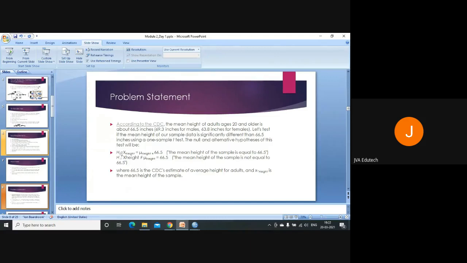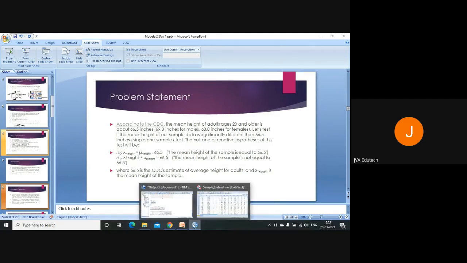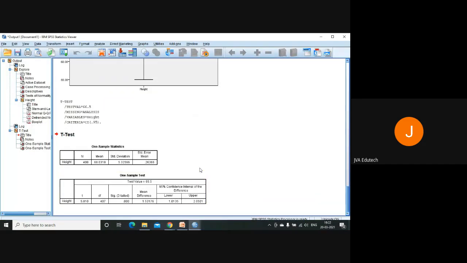If the null hypothesis is rejected, this means the alternative is accepted. And that means the mean height from the sample is not equal to the mean height from the population, which means there exists a significant difference. And how much is that difference? Can anybody tell from the table? How much is that difference?